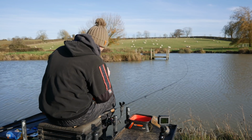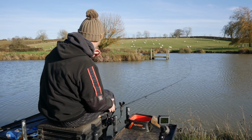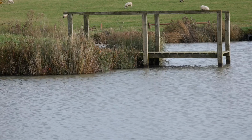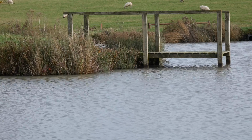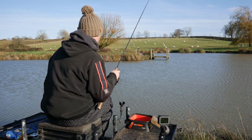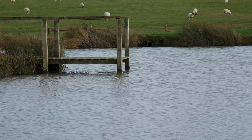So what I'm going to do is get the catapult out and start feeding a little bit of bait just to the left of that pontoon, with a view to maybe casting on it in a little while. So I'm going to cast this back out in front of that pontoon. Maybe wait for this wind to drop a little bit. And then,